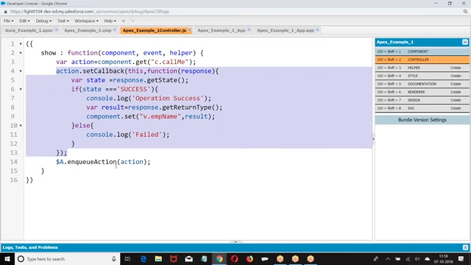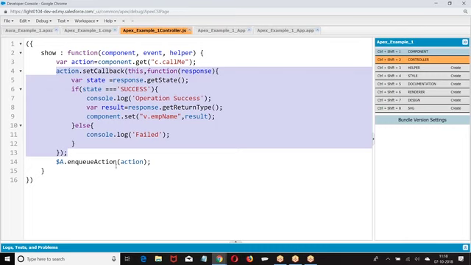Now, line number 14 is to what? Add the action to the queue. Line number 4 is okay. Line number 3 is what? Creating an instance of the method. First, create an instance of the method, add that method to the enqueue. Then, when the response comes, handle the response. That is, first line number 3, instance. Line number 4, handling the response. Line number 14, enqueuing the action. I hope you are good.